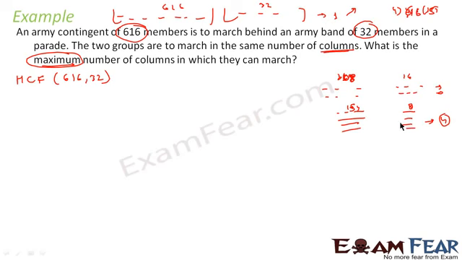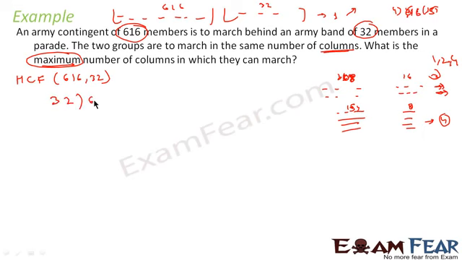We can try hit and trial, we can keep on doing that, but that will take a longer way. So the question here says that we have to find the common factor, which is the maximum common factor. Here 1 was a common factor, 2 was a common factor, 4 was a common factor. So we could have arranged in this form. 3 was not a common factor, so we are not able to arrange in 3 columns. So the question says we are looking for the highest common factor. So let's find the highest common factor of 616 and 32. So we have to find HCF of 32 and 616.